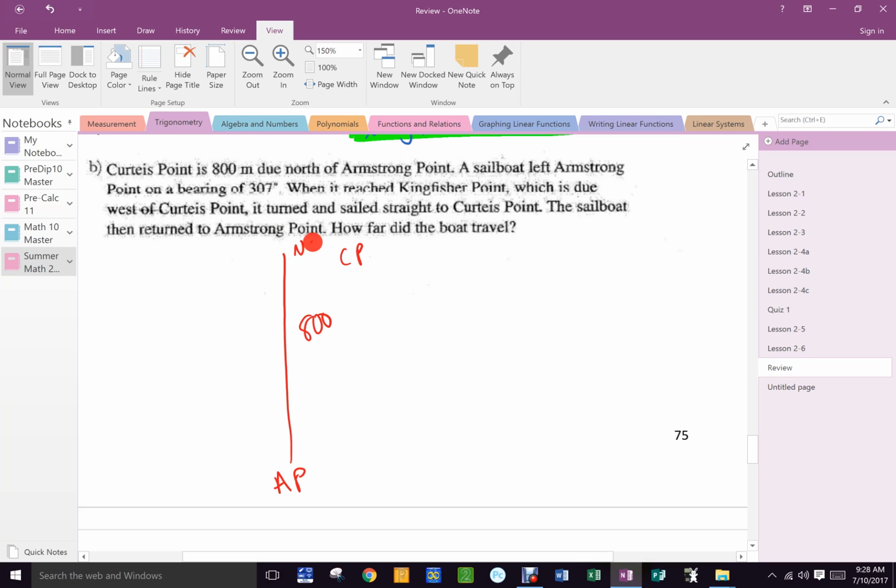Well, if north is 0, what's east? How many degrees to get to east? 90. How many degrees to get to south? 180. How many degrees to get to west? 270. So the sailboat sailed off here. If he'd sailed straight that way, it was 270. But he sailed at 307. So how far is this? 37. Right? So if this is 37, that means this in here must be